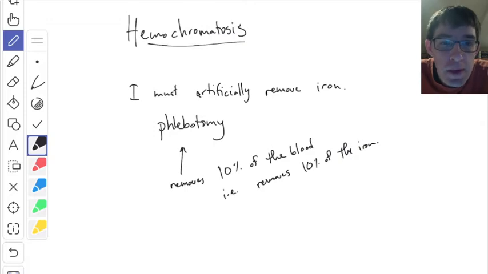So anyway, you do this, it removes 10% of the iron. Actually, hemochromatosis is less harmful to women because, as you may know, I don't need to educate you on this, women have a natural process by which the body loses a certain amount of blood on a regular schedule, and for most women, this might make them iron deficient, but for women with hemochromatosis, it's helpful because it gets rid of some iron. Anyway,